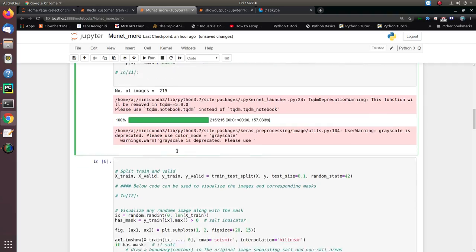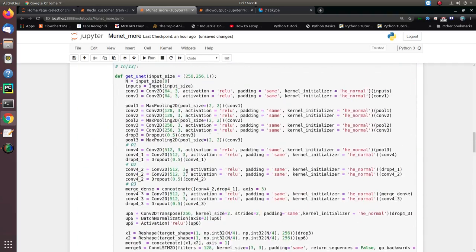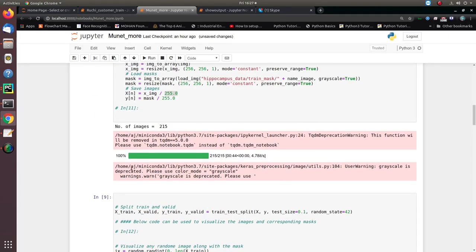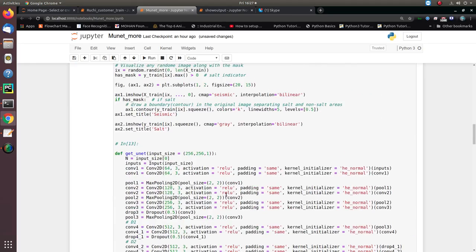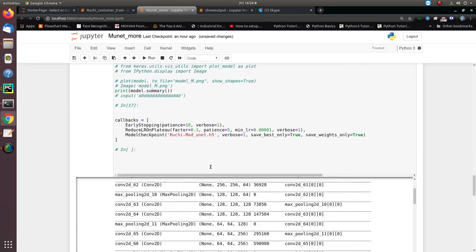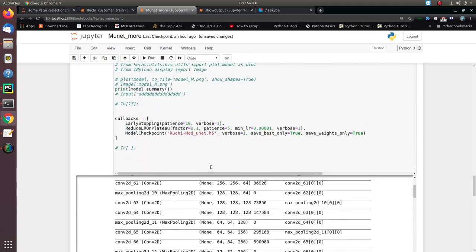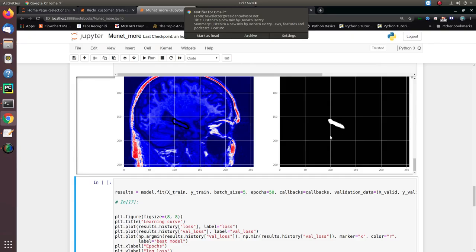After running this block, let's run. For training and validation data, I am using a split here. Actually right now I am using a very small number of data samples for this video, so I'm splitting the data with 0.1% of validation data. After running, you can see here a sample image of input and the mask. The mask is mapped on this input image so that you can identify where the hippocampus gland is located.